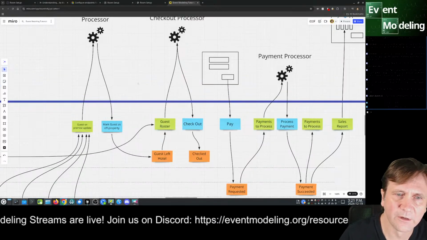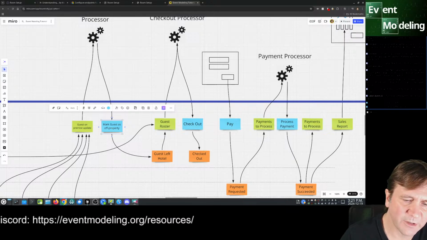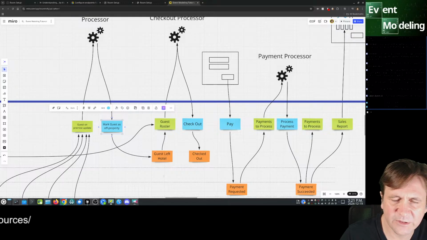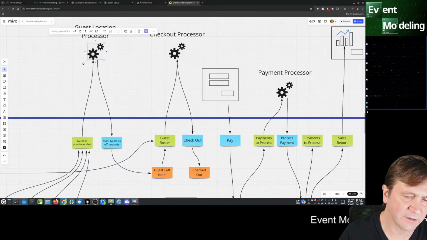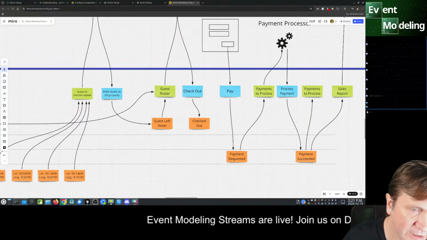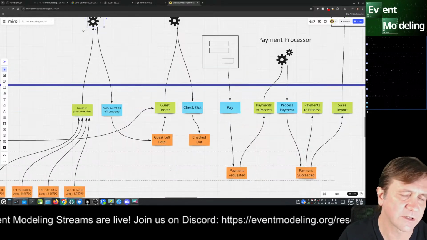Who knows? But also on the idea that a processor can spin off multiple commands that are going to separate systems. In other words, this processor can act more of a pub sub, have a pub sub mechanism, because yes, you are reacting to something happening out here, and you want to maybe influence a couple of your subsystems here.